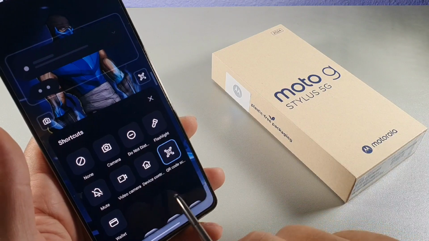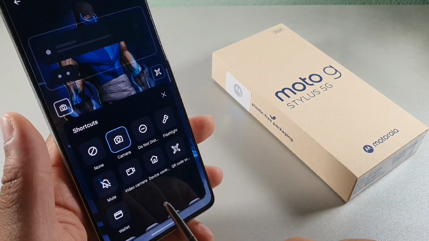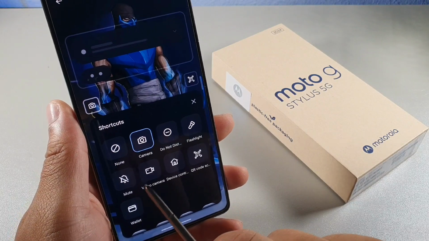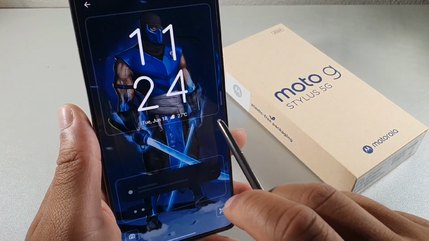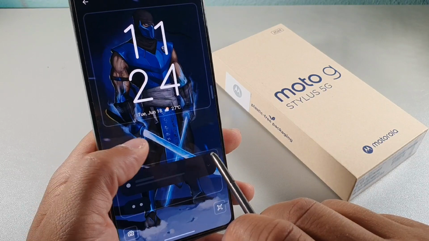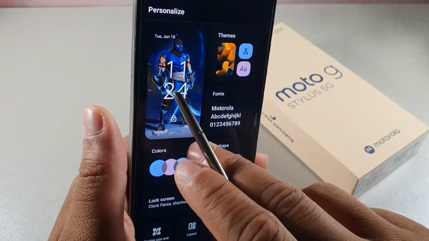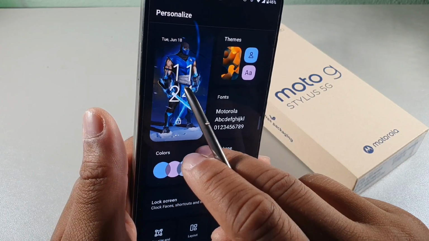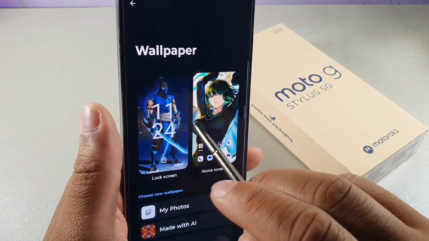So I have this one set as the QR scanner, and then you can change that shortcut by clicking the icon down there, and it will give you all of these shortcuts to choose from. So you have those on your lock screen. Once you save that, you want to go right here and click this guy right here. And so you want to click lock